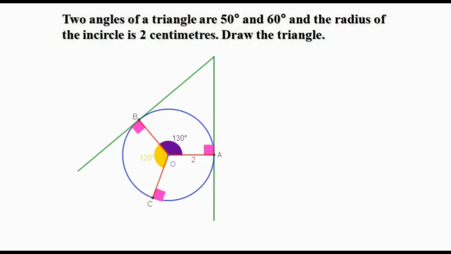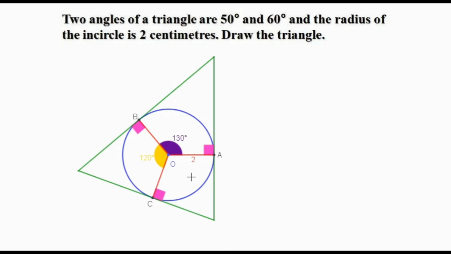Now take 90 degree at C and draw another line. Extending, we get a triangle. This is the required triangle. Since this angle is 130, this angle will be 50. Since this is 120, this angle will be 60. So we got a triangle with two angles 50 degree and 60 degree, and the incircle of the triangle is